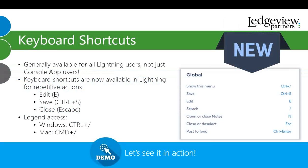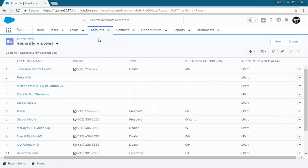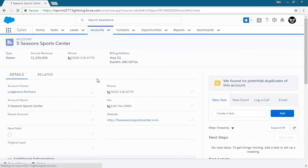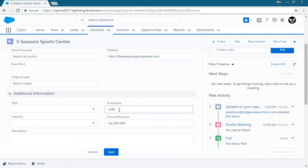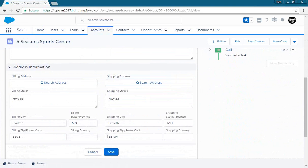So let me jump into our demo org here and just show you how quick this will make editing and working with records while you're navigating through the system. If you're moving along and looking at specific accounts or contacts or leads, and you get into one of these, in the past, you could be finding a field and double clicking on it and making an adjustment, and say, well, I need to change this to 125,